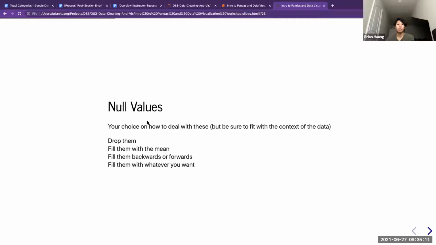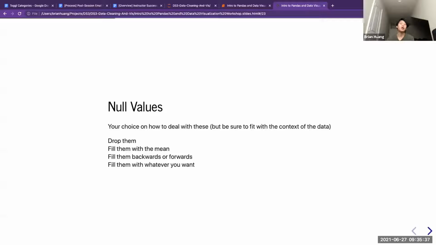So dealing with null values is also very important when we're cleaning our data. And there's a wide variety of ways to deal with them, because it really depends on the context of your data. If you only have 1 or 2 null values, you can go ahead and drop them. But if you have like 20% of your data missing, and it's pertinent data, you probably need to find a way to fill that data, otherwise you can't use the